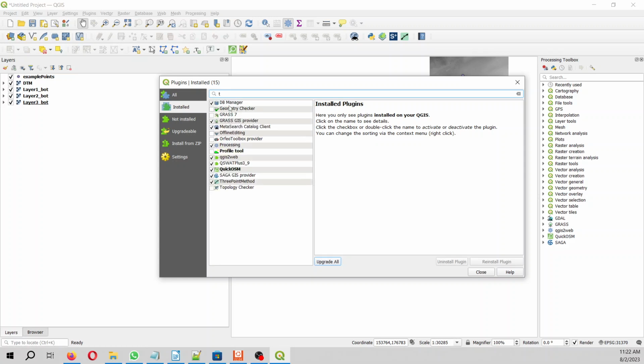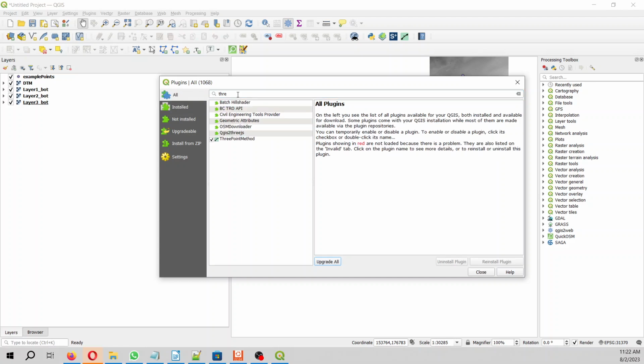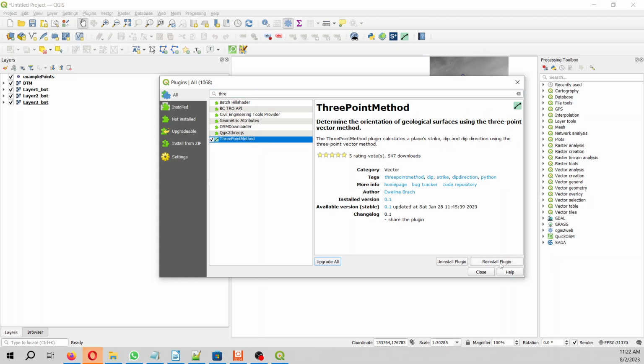So there is a 3-point method. You have to look for the 3-point method and then install it. Okay, you have to install it. If you have installed it,